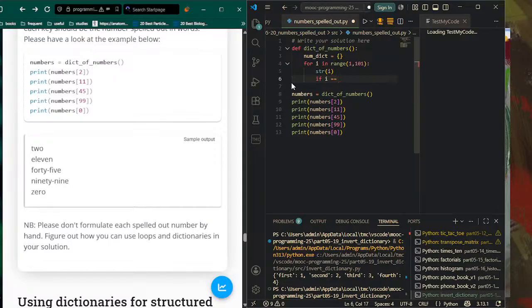So I would splice it and say if the first digit is 2, and then if the second digit is blah blah blah. So first I need to just check, is it above 20 or is it below 20? So if I is below 20, so it's like from 19 to below. Okay. If I is below 20, then what do we do? Then if I is equal to 1,